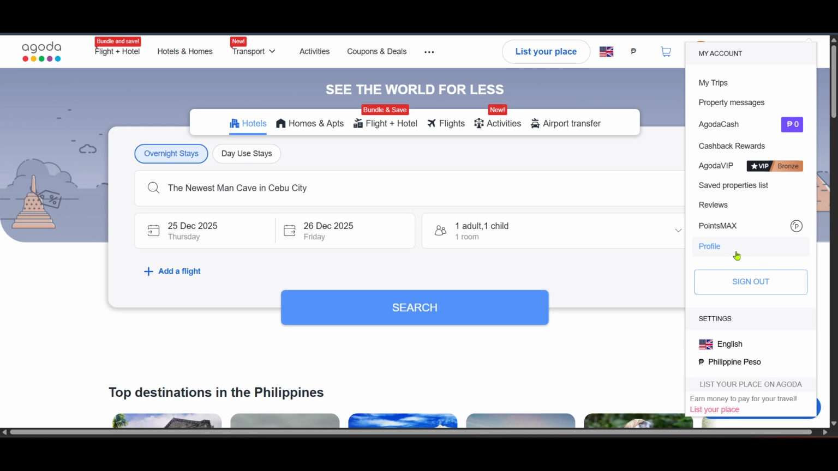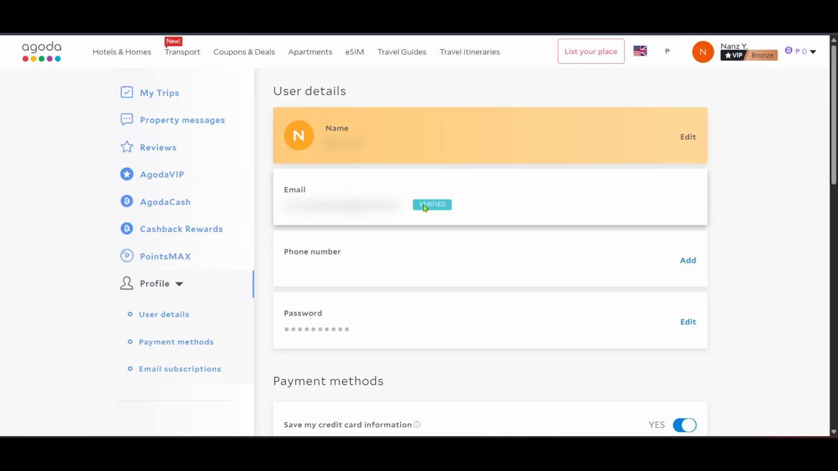After accessing your profile, navigate to the User Details section. Here you can view and update all the personal information associated with your Agoda account. Click on User Details, which brings up all your personal data like your name, email address and contact information. Ensure that all your details are current, especially if you've recently changed any critical information like your email or phone